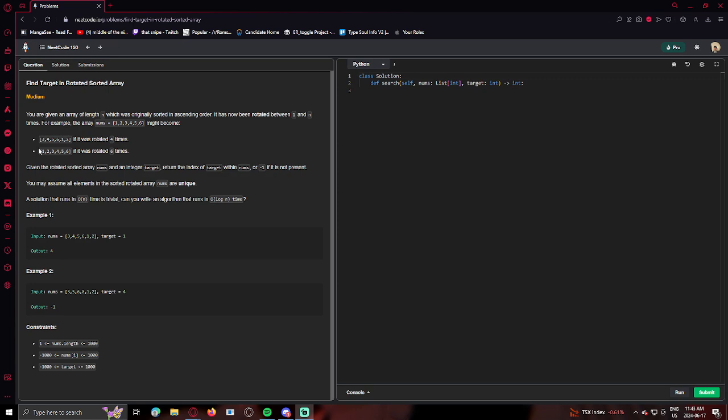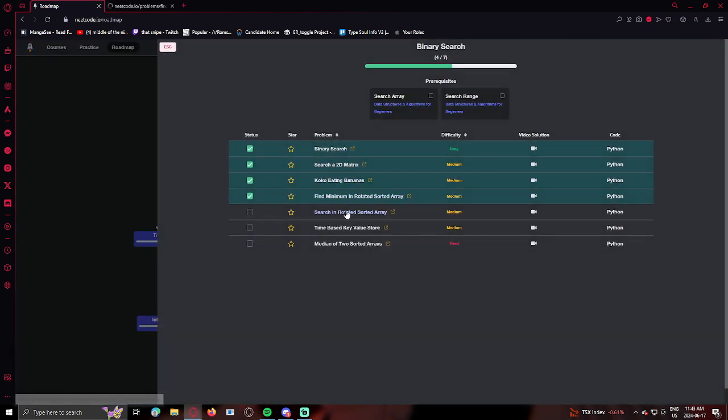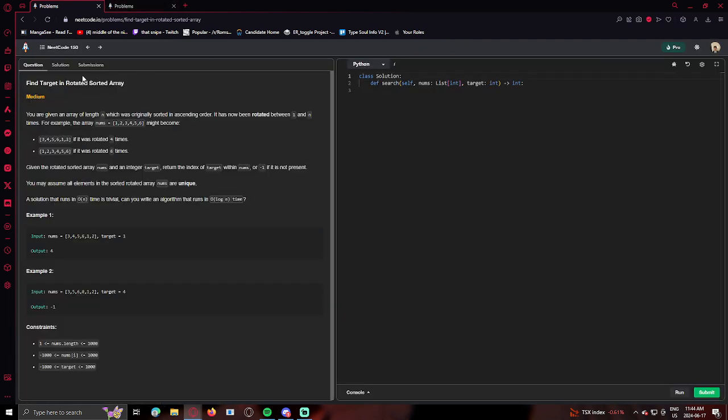Today we're gonna be continuing on. I'm feeling pretty good about binary search, and we're gonna be doing the continuation of the one we did yesterday, find minimum. We'll be doing search in rotated sorted array. This one is very similar. We just have to